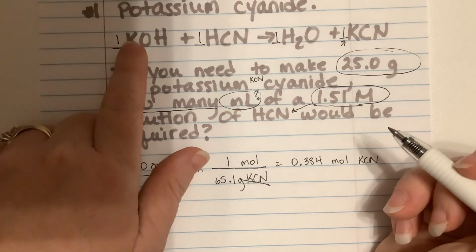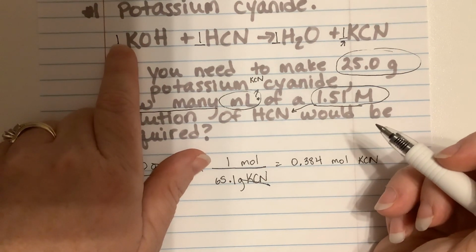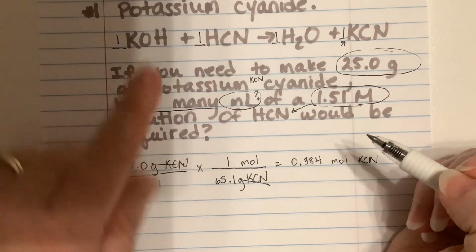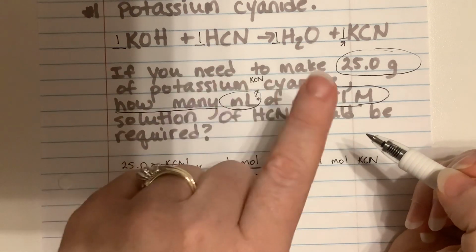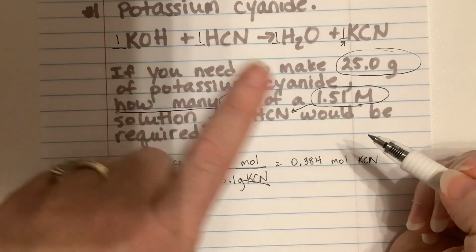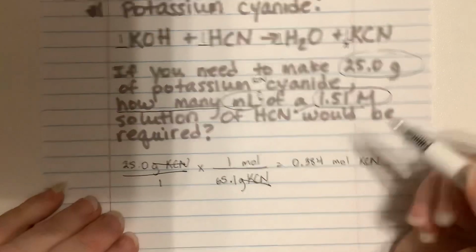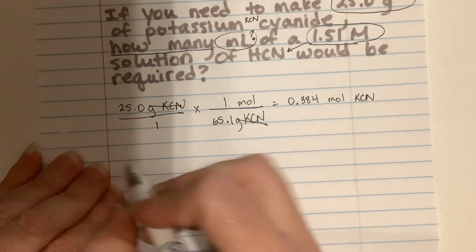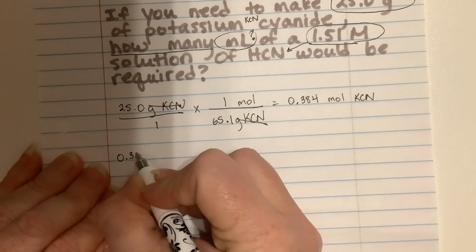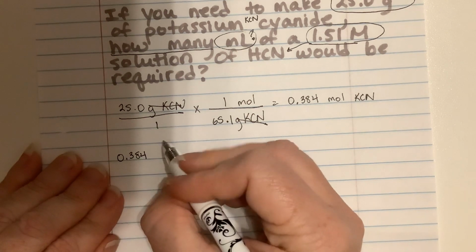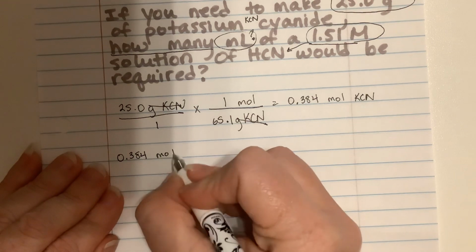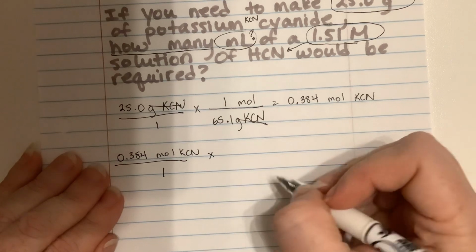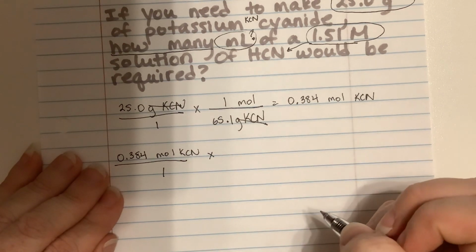All right. Now, if these had a number in front of them like 2 or 3, that would also be important, and we need to know that. But right now, there is no number in front of these, which means this is only 1 molecule of this, and this is only 1 molecule of that. All right. So the next thing we're going to do is we're going to say, if we have 0.384 moles of KCN, let's figure out how many moles of HCN we have,